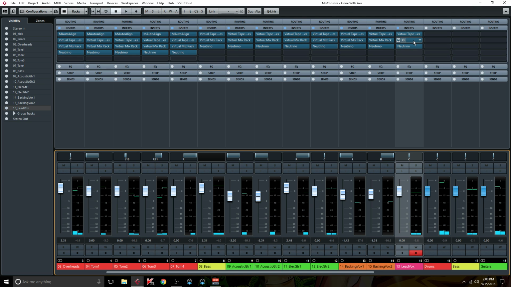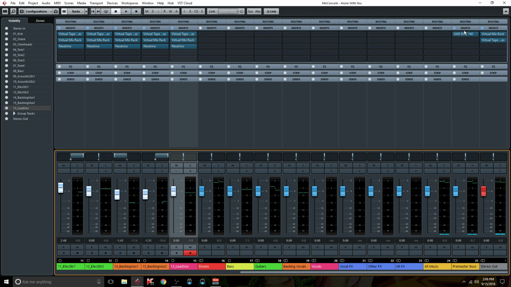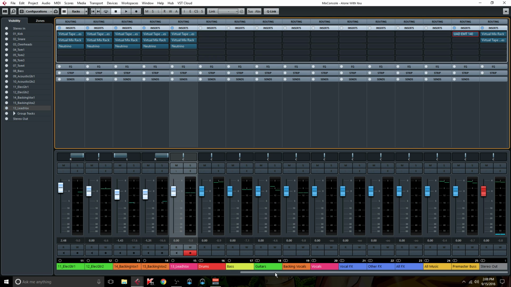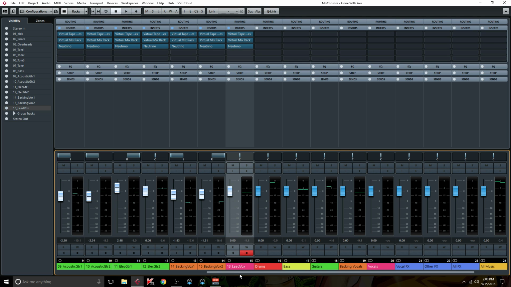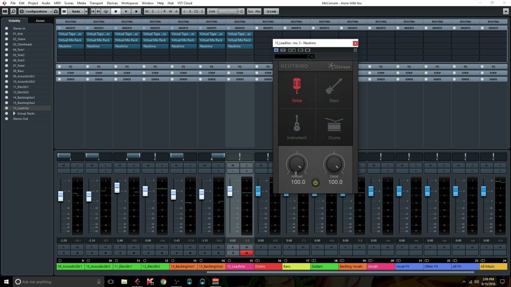Alright, so as you can hear with the analog emulated plugins and just a very, very little touch of reverb here, it's starting to sound a little bit more together. To me, it just tightens up the dynamics. The EQ isn't perfect. To me, the vocal sounds a little bit nasally still. But for what it is, just throwing it on there, clicking voice, and cranking it up all the way, I mean,